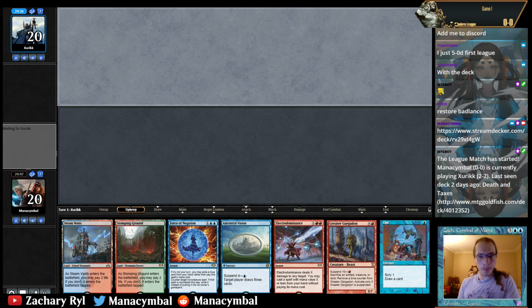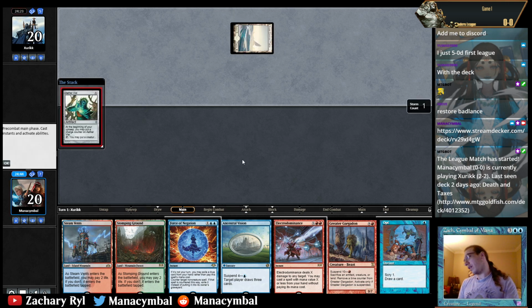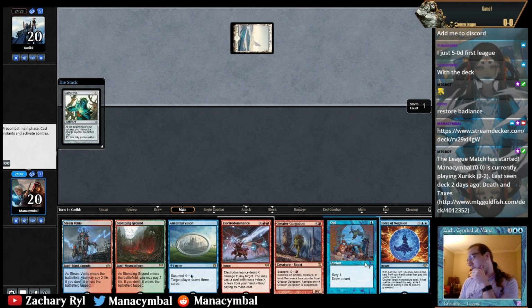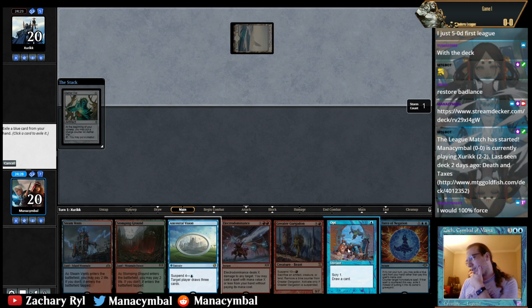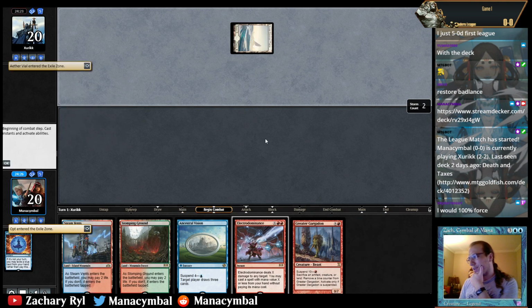All right. Aether Vial. So I could probably just force this because I'm very quickly going to be able to Electrodominance for Ancestral Visions. I suppose if they have a turn 2 Thalia, I won't, but there's not a lot else I'll be able to do anyway, so